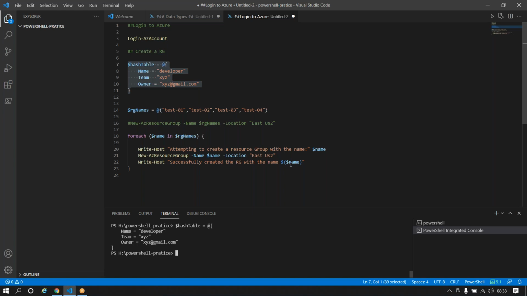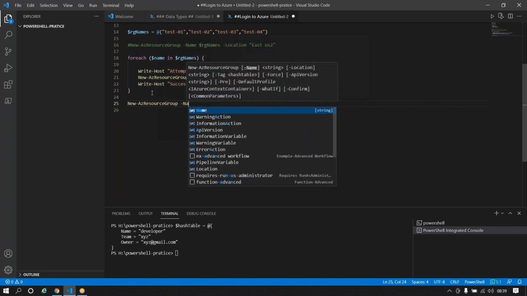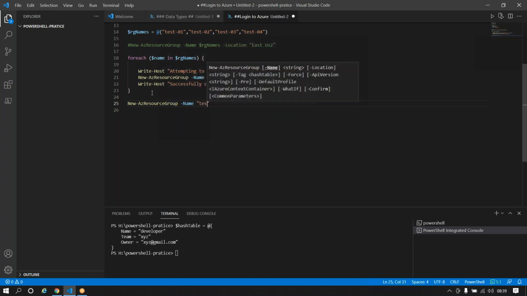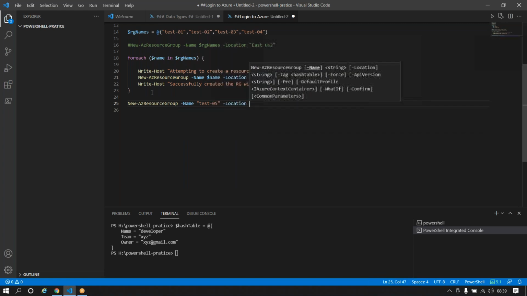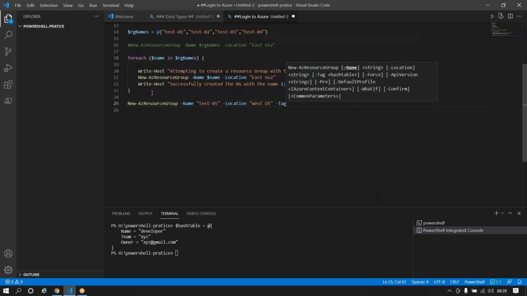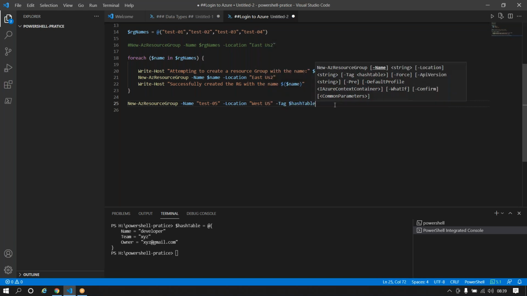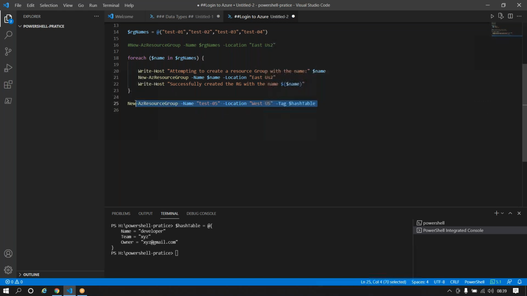Execute this out. And now if I want to create a resource group, I will say new-AzResourceGroup. Name of the resource group is something like test05. Hard code this out. Location of the resource group is West US2 or West US. Tag. Now see, it's also telling me tag is a hash table, right? So I can pass in the value called hash table. Now if I create this,